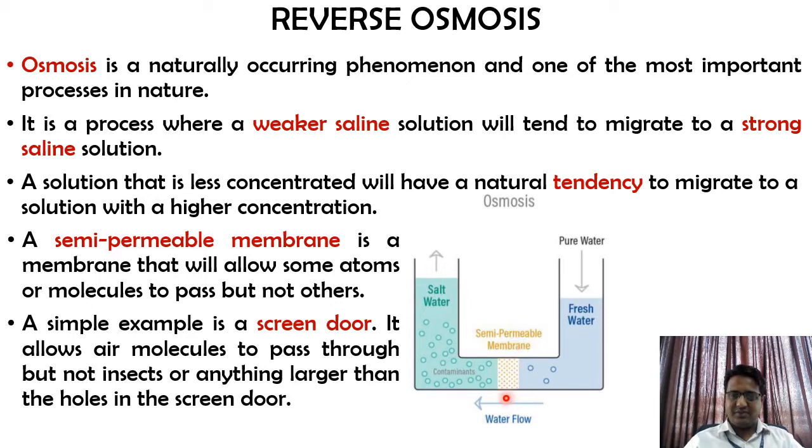Through this membrane, particles of a fixed size will be allowed to pass through, whereas the remaining will be held up over here itself. So this is your general osmosis process. The simple example given here is a screen door, or a mesh door. In this mesh door, you will let in all the air as well as light, but you will not allow insects. That is, if the size of the object is more than the size of the holes of that screen, then it will not be allowed. So in osmosis the same process occurs.